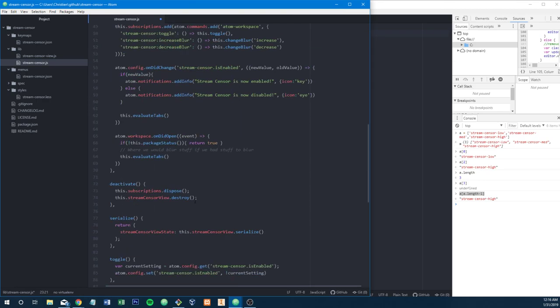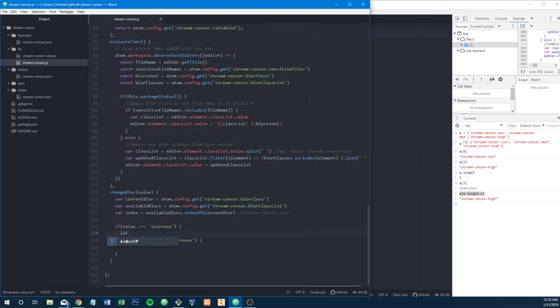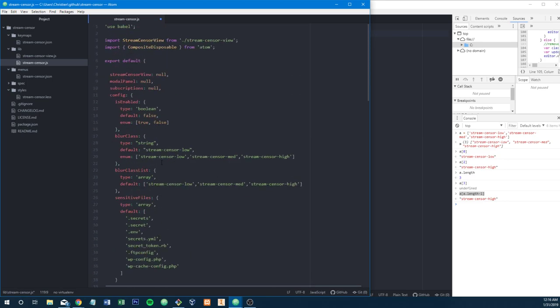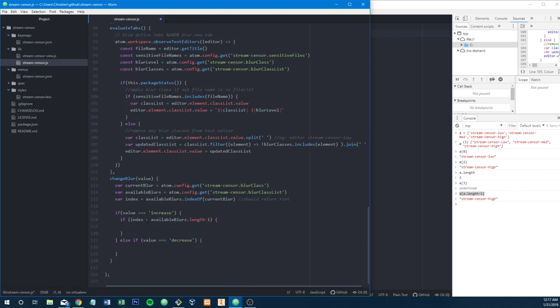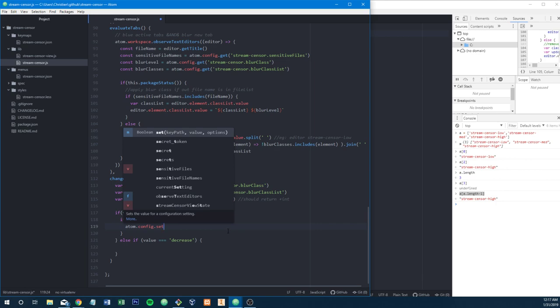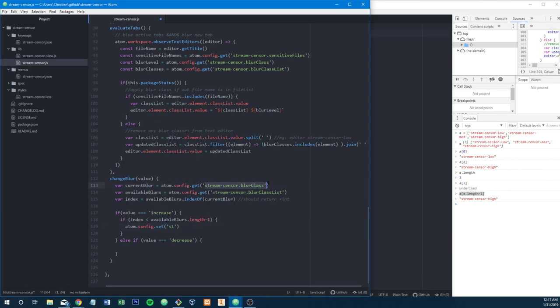All right. So if the index is less than the available blurs length minus 1, this is where we want to change our blur class to whatever the text needs to be: stream sensor low, stream sensor mid, stream sensor high. So we can just say atom.config.set. We want to call set this time, and we're going to get the stream sensor blur class equal to the available blurs index